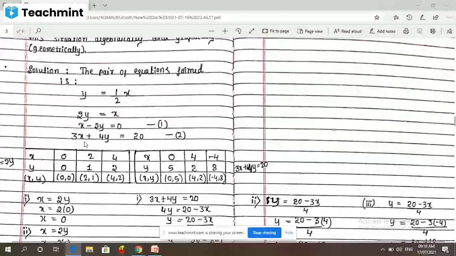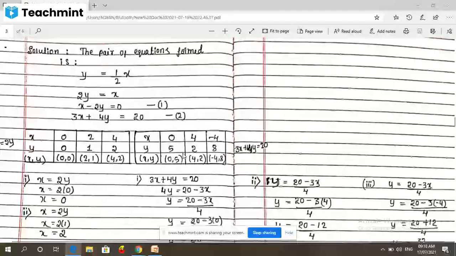Next, they have given one more statement, just recall. For the giant wheel ride, each ride she spent 3 rupees. And for playing hoopla, for each time throwing the ring, she paid 4 rupees. Together she spent 20 rupees. So 3 rupees for each ride and 4 rupees for playing hoopla. Then our second equation is 3x plus 4y is equal to 20. Call this equation number 2.